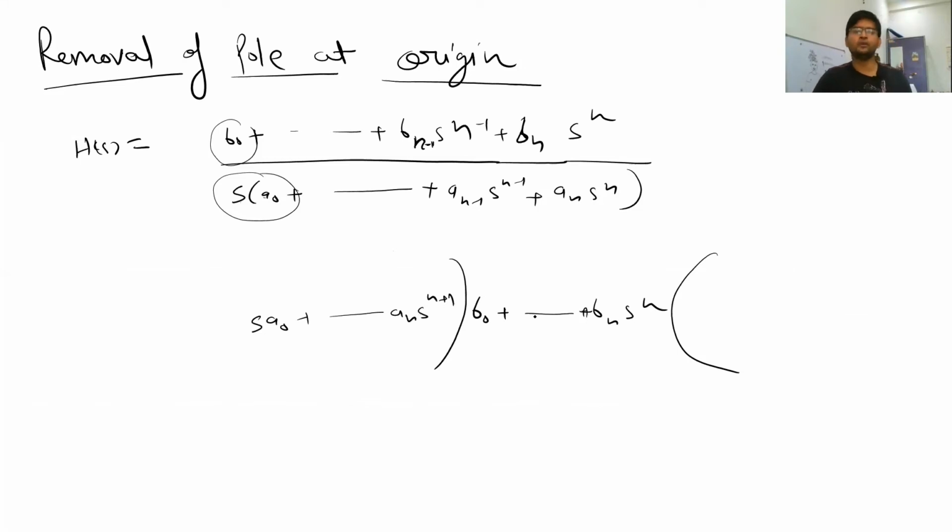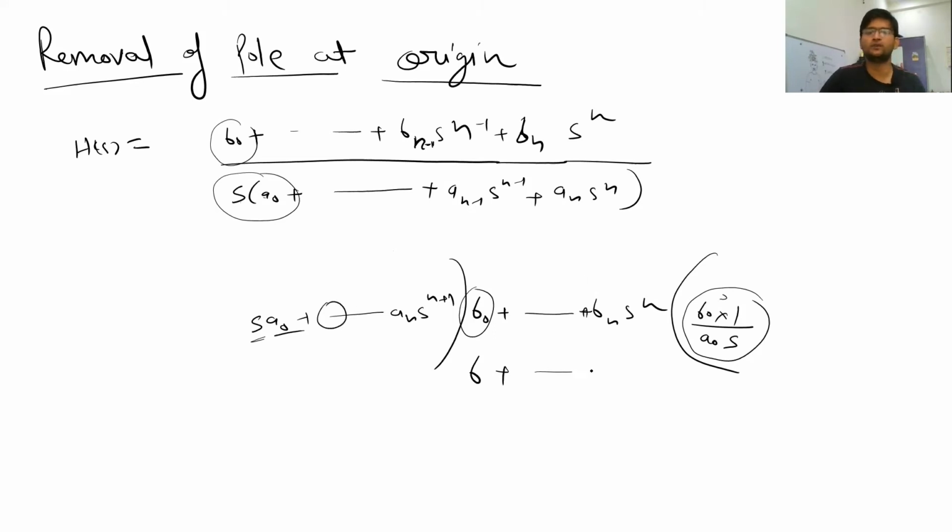So how does this division work? You have to write some quotient here so that you get the first term. First you have to remove s, so definitely you are going to multiply by 1 upon s, and then you want to get b_0, so you multiply by b_0, but since the divisor also has a_0, you have to divide by a_0 also. So your first quotient value will be b_0 upon a_0 into 1 upon s. So you are going to get b_0, and then the second term will be multiplied with this quotient and you will get something. If you subtract this and this, you will get some remainder, right?